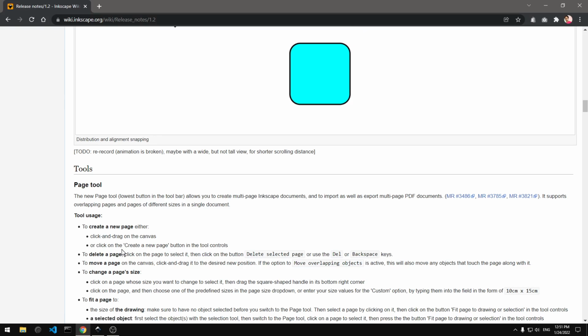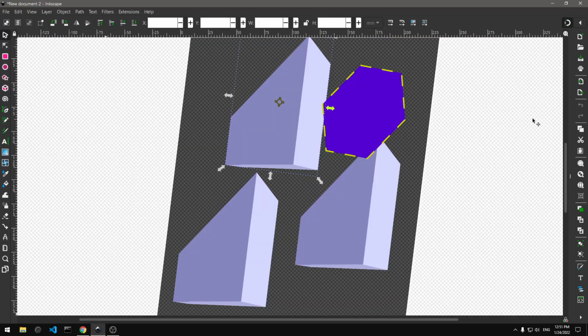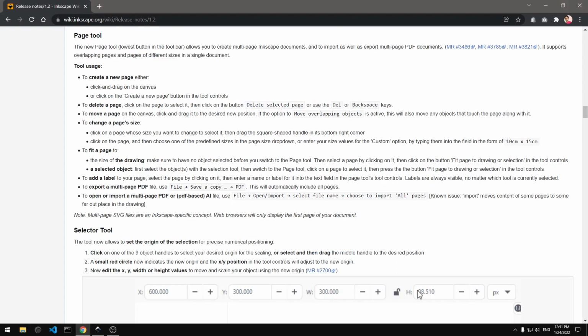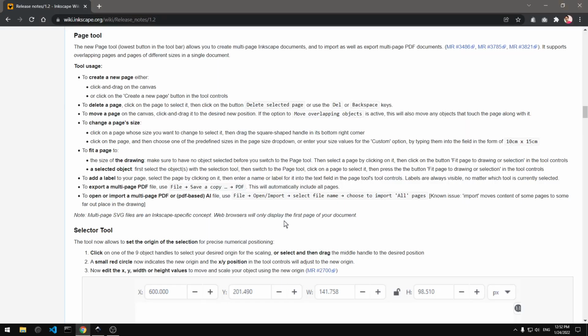Tools, page tools. So create a new page, delete a page, move a page. These are very simple stuff from here. I think where is it? Where the page thing? The new page tool lower bottom in the toolbar. Multi-page with document. Let's see. So there, it's available in the toolbar. Here is the page tool. You see, multiple pages. So this is something new in 1.2. And then